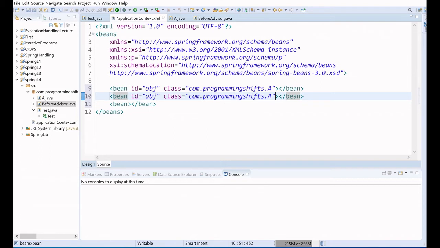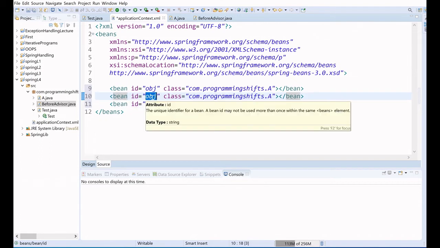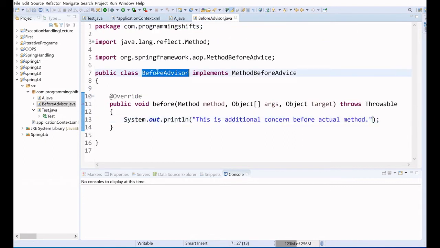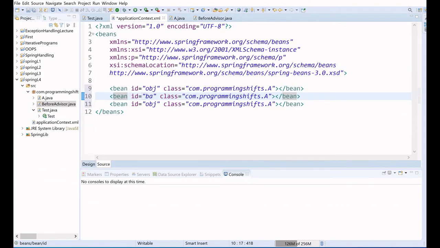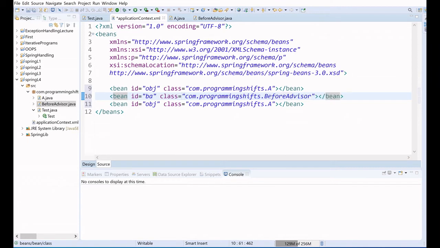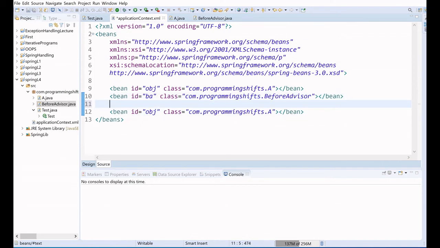For the before advisor we have the id BA. Just understand this very basic concept, right? So the objects we have are obj and BA.